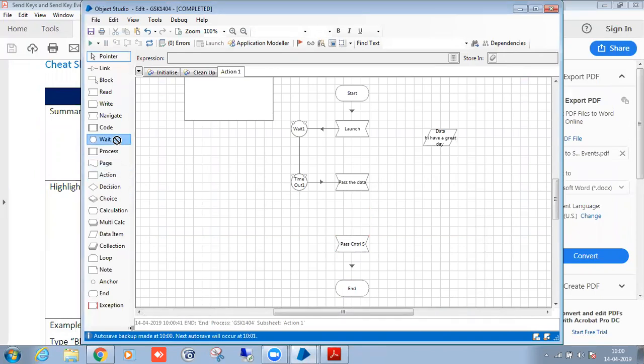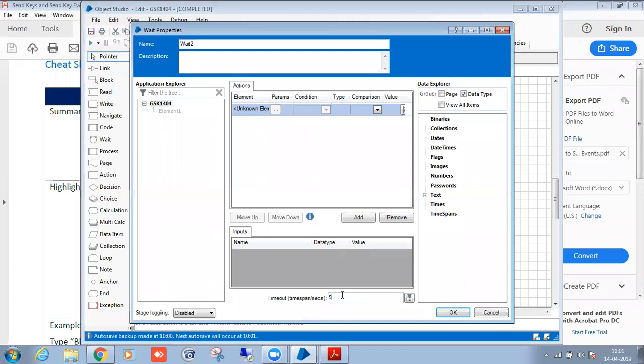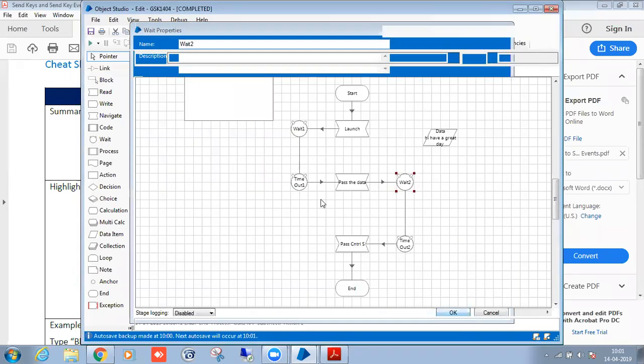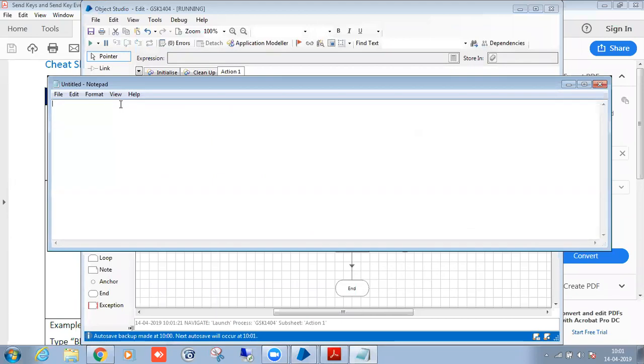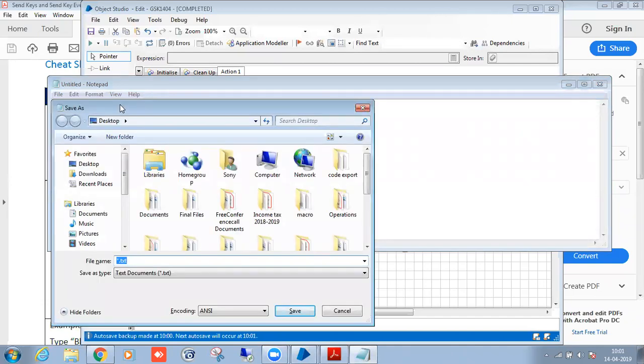We wait for 1 more second here. See, Control S also executed.